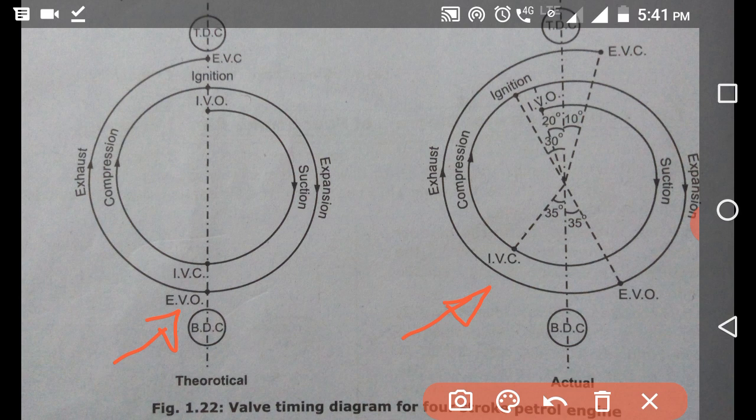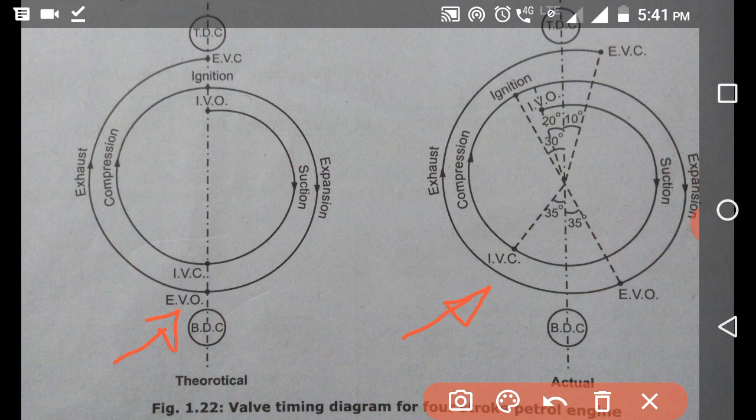When we discussed the working of the petrol engine, we started with the suction process, then compression process, then heat addition process, expansion process, and exhaust process.